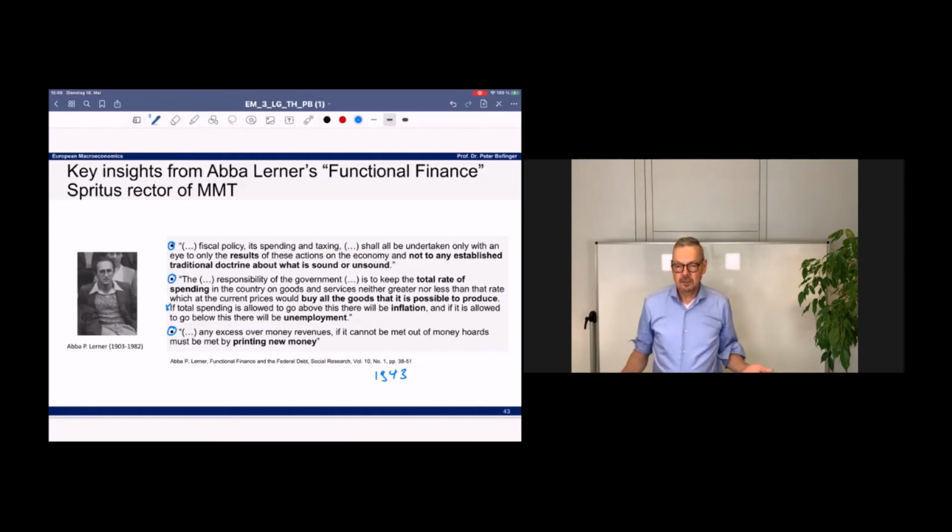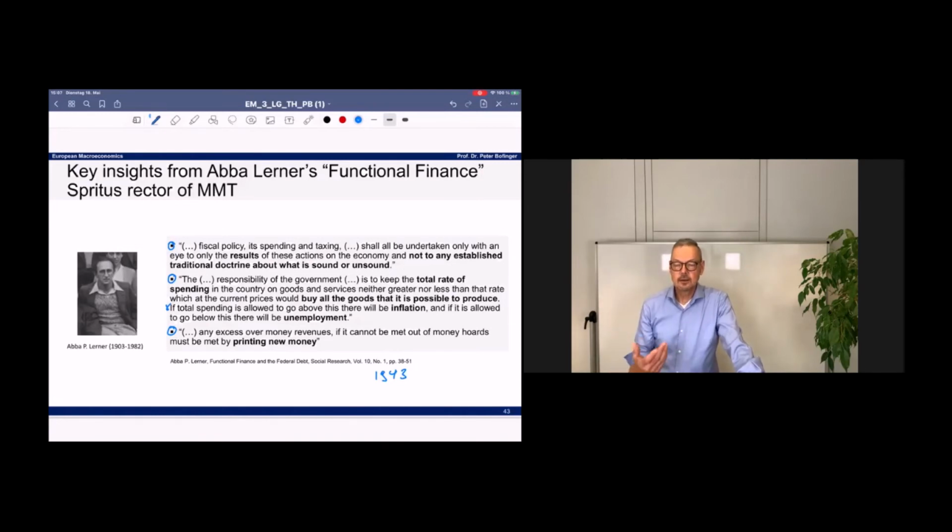And if you see the situation since we have the pandemic, it's exactly what's happening. I will show you the figures soon. We have extreme government deficits, and it would not have been possible for the governments to raise all this money on the capital markets. And so the central banks had to jump in and purchase all the government bonds that were required to finance the government activities. It was not a direct printing of money, but more or less the central banks have done exactly what Lerner prescribes in his functional finance.